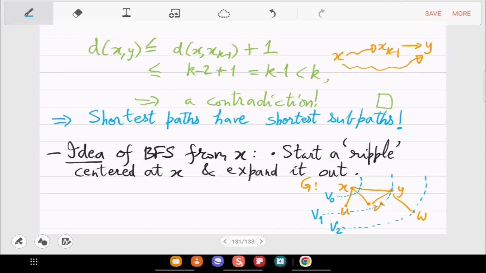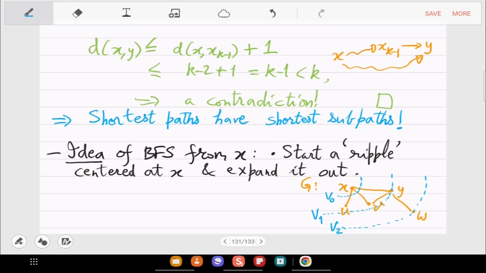Okay, so this is how it will partition the vertices into distance indexed sets. So you have V0, V1 and V2, and you can see that the distances are correct. Because there is no way for W to be reached in distance 1. Right? If there was a way, then it would have been already in V1. But it was not. So which means that its distance is more than 1. So it comes inside V2. Okay, so that's the basic idea.